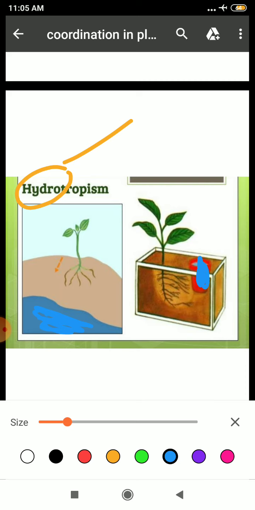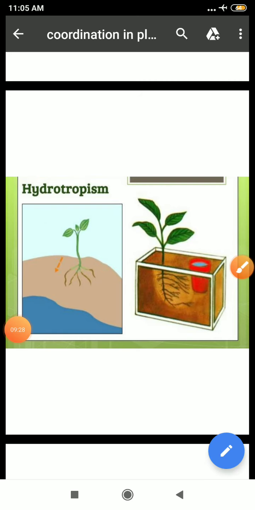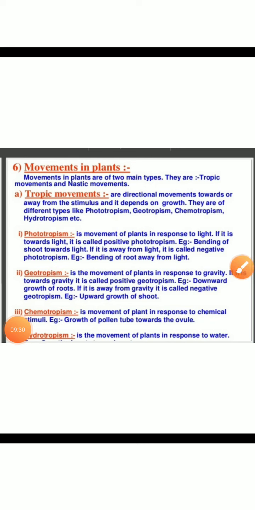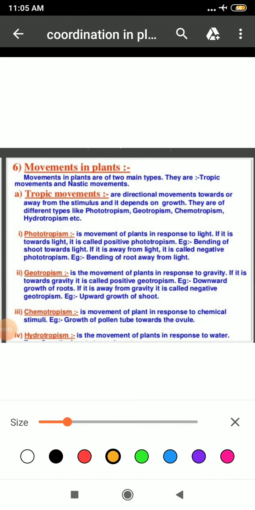In this case your roots are moving in this direction, whereas in this case your roots are moving in this direction. So wherever water is there, the plant root will move in that direction only. Getting? So dear students, with this I finish today's lecture, but before leaving the class,